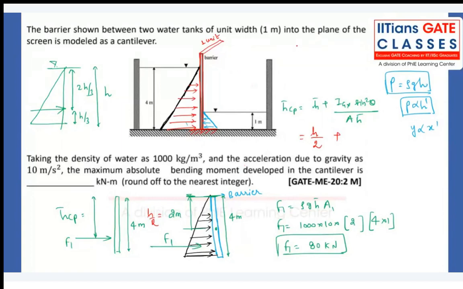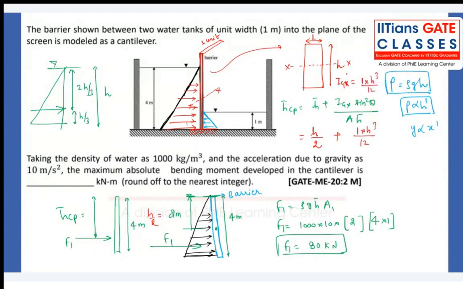The moment of inertia, if I draw the side view of that, this is my h, this is my width 1 unit, and moment of inertia about the centroidal x-axis I have to take. The centroidal x-axis is the axis perpendicular to the cross section, which is coming out of the laptop screen. So what is the moment of inertia about that axis? That is 1 into h cube by 12,